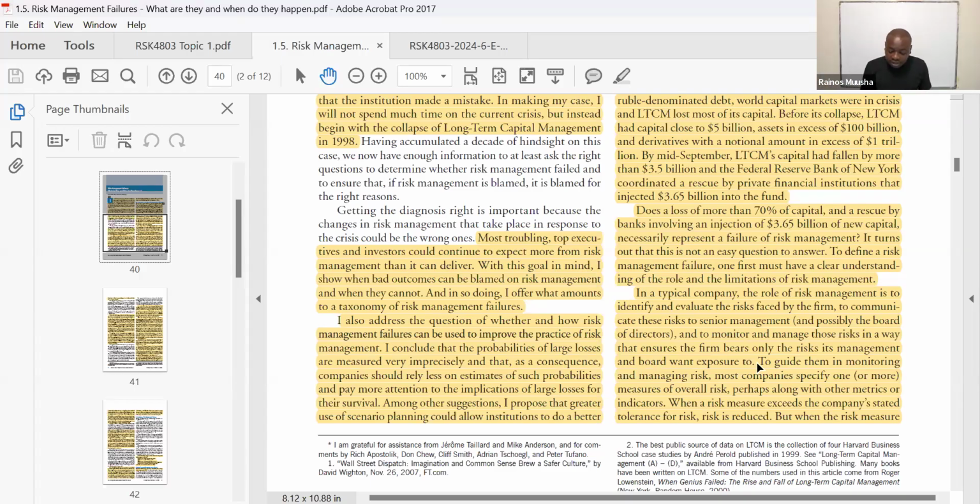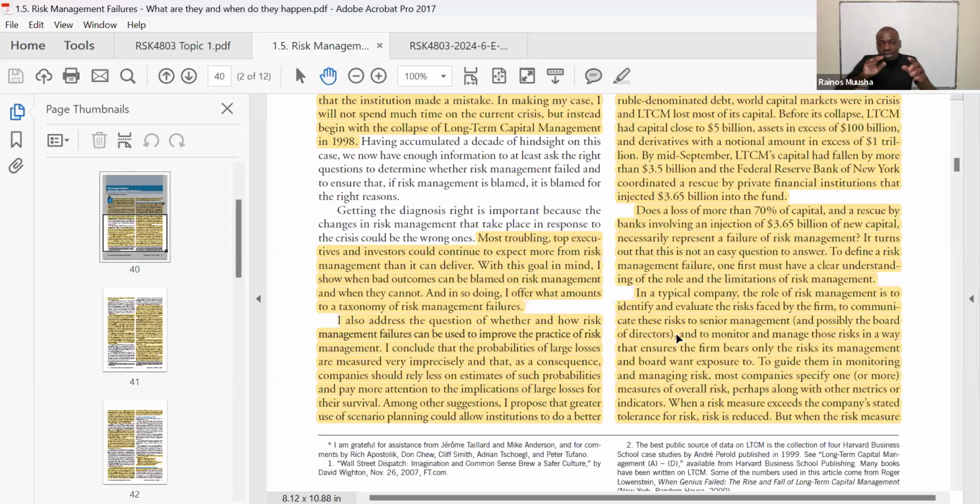So remember here, they say they need to identify and evaluate and then communicate the risk to senior management, also the board as well, right? What this means is that the risk manager does not make decisions on exactly how much risk exposure to take. That's the job and responsibility of the top management and the board, because those are the ones who are going to decide, based on the organization and our risk appetite, how much risk exposure we need to take on.